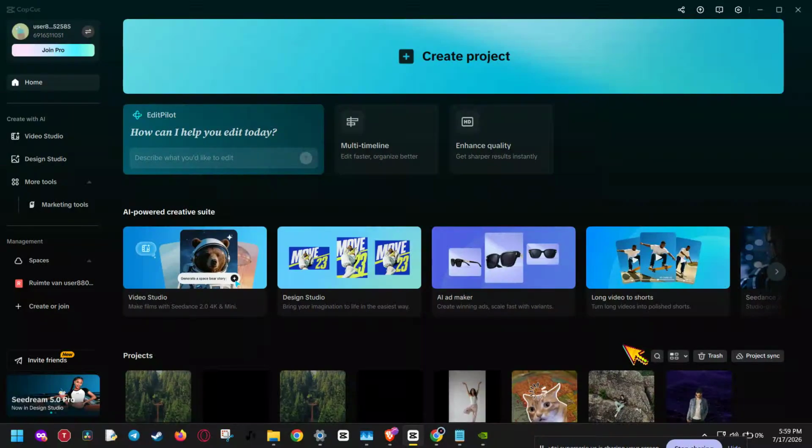If CapCut is showing a storage error on your PC, don't worry, because in this video I'm going to show you 2 quick fixes that can help free up space and stop the error from coming back. We'll clear CapCut's cache, and then we'll change where CapCut saves your future projects so your main drive doesn't keep filling up. This is especially useful if your C drive is almost full and CapCut keeps refusing to export, save,